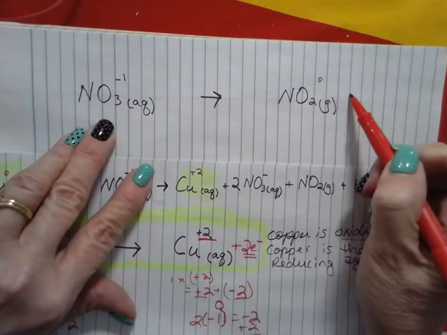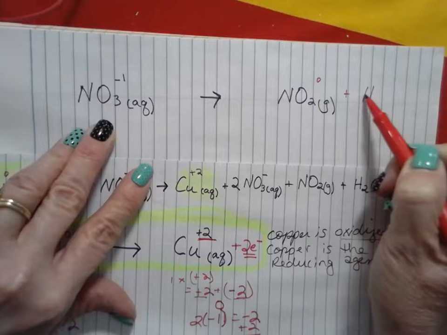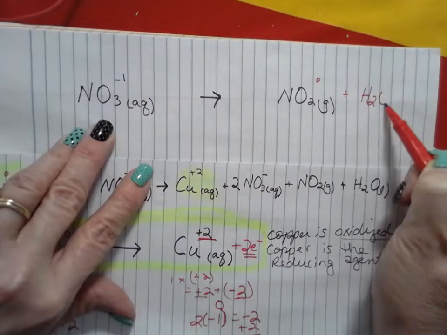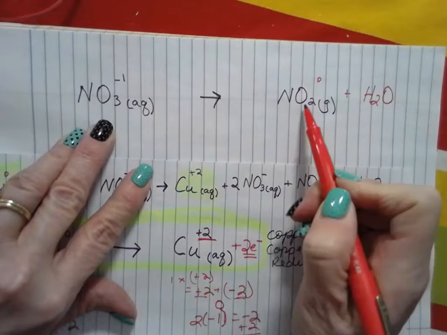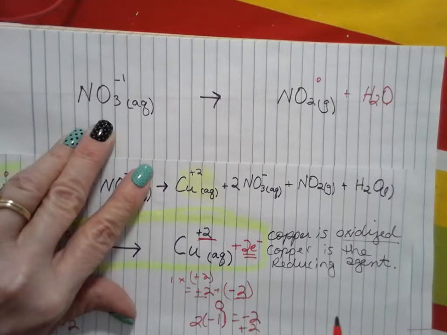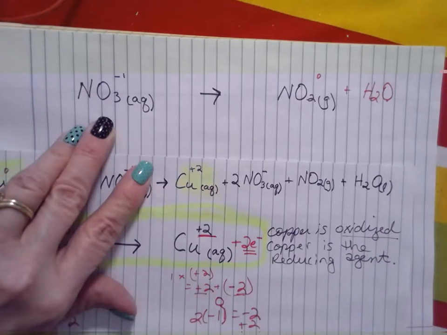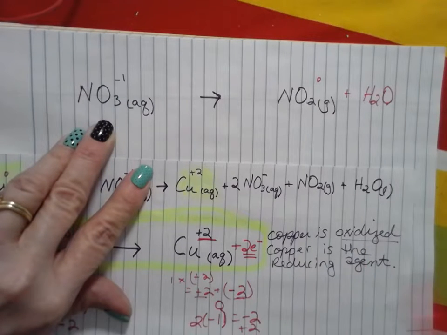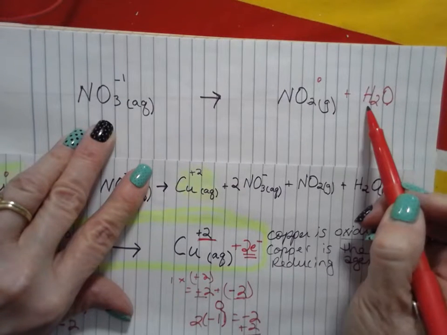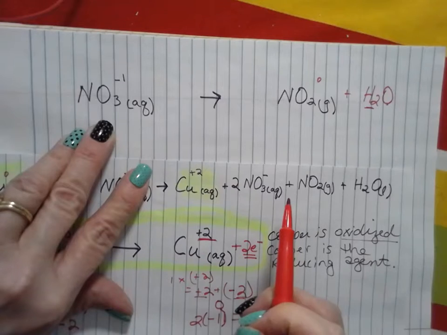So if I add 1 water here, that gives me 3 oxygens on this side. The problem now is that I've got 2 hydrogens. You've got to add